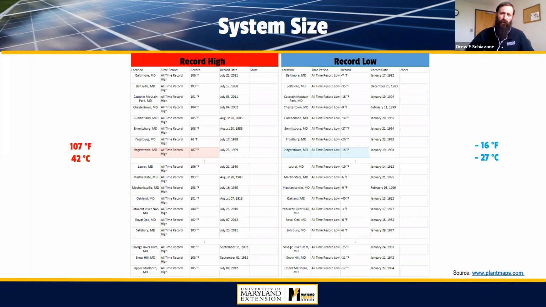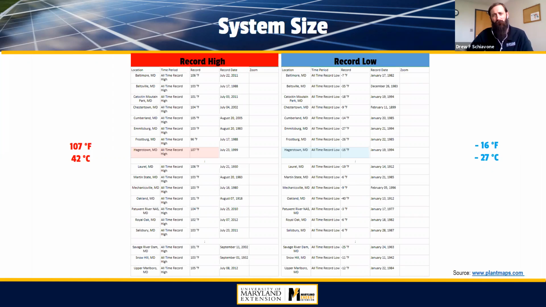Or likewise, if it's too low, your inverter is going to be expecting a certain voltage from the panels, and if it's too low, your inverter is going to shut off. And so you want to make sure you're within a proper range. And just one quick thing that I'll try to point out here before we start to wrap up